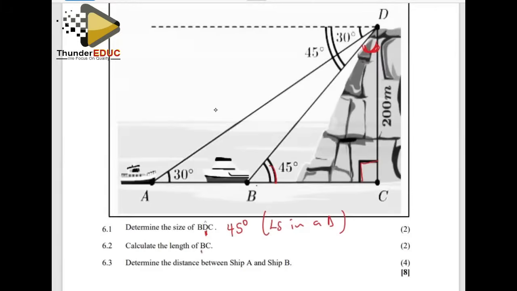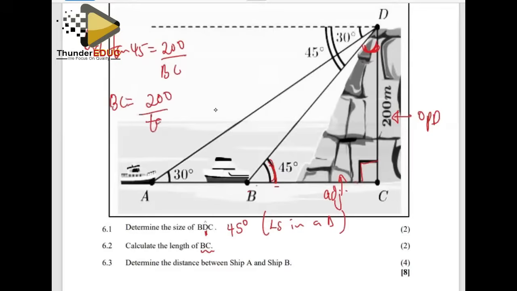Then 6.2, they want us to get the length BC. Okay, so we were given the opposite. We're looking for the adjacent, but we have a 45. So we can use the tan and say that the tan of 45 is equal to the opposite, which is 200 over the adjacent, which is BC. To get the BC, flip it around. So 200 over the tan of 45, but I know that tan of 45 is 1. So therefore, our BC becomes 200